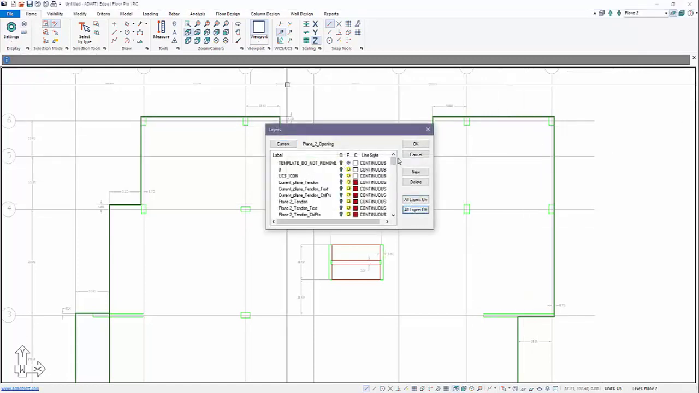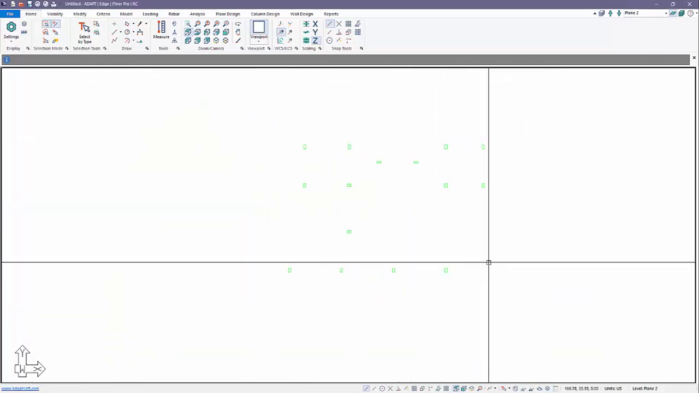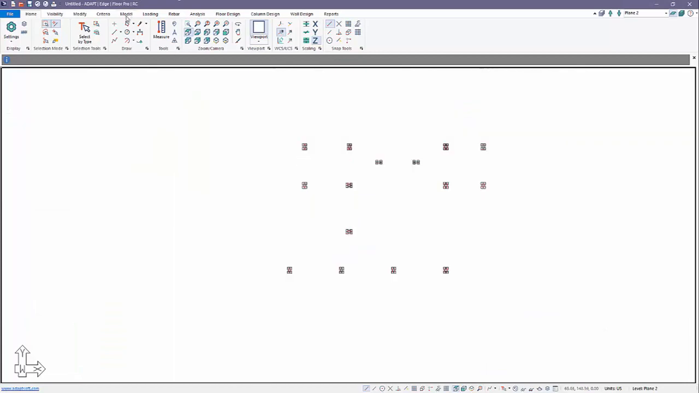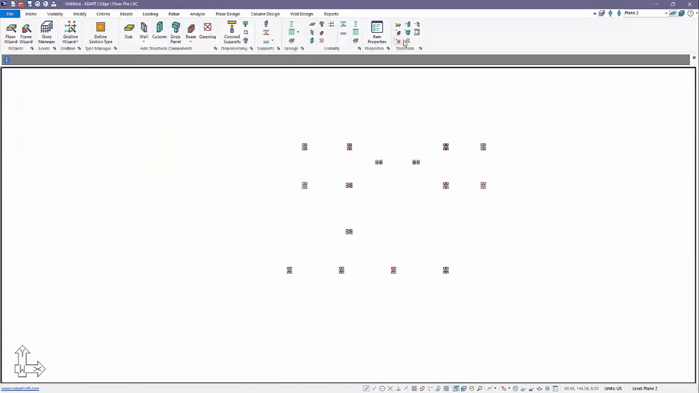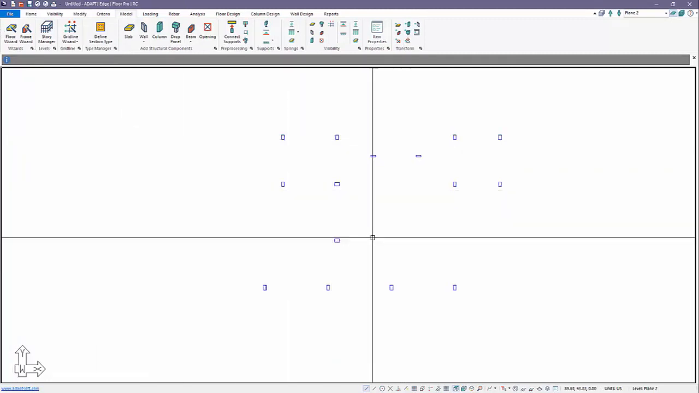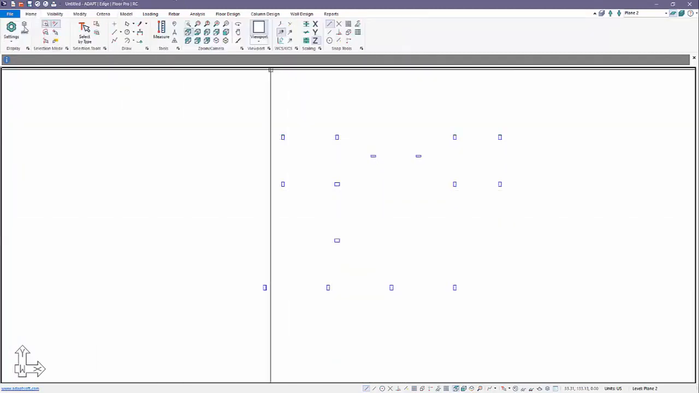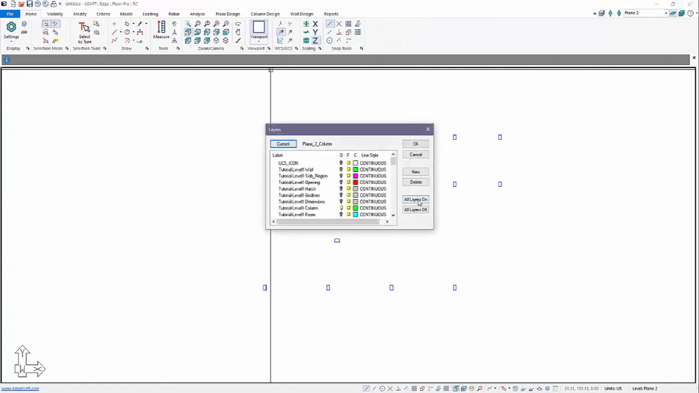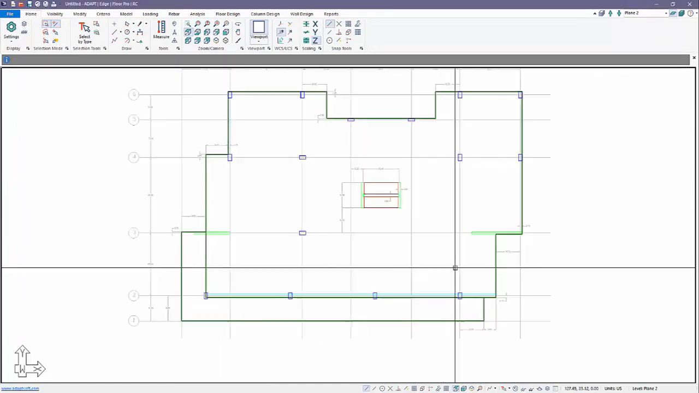We'll turn everything off again. I'll sort this by alphabetical order there, and we're going to select this. Okay, these are the columns. I'll window sweep those, and under Model again we can transform to columns. I want to show everything again, so we'll come back to Layers, turn all layers on,